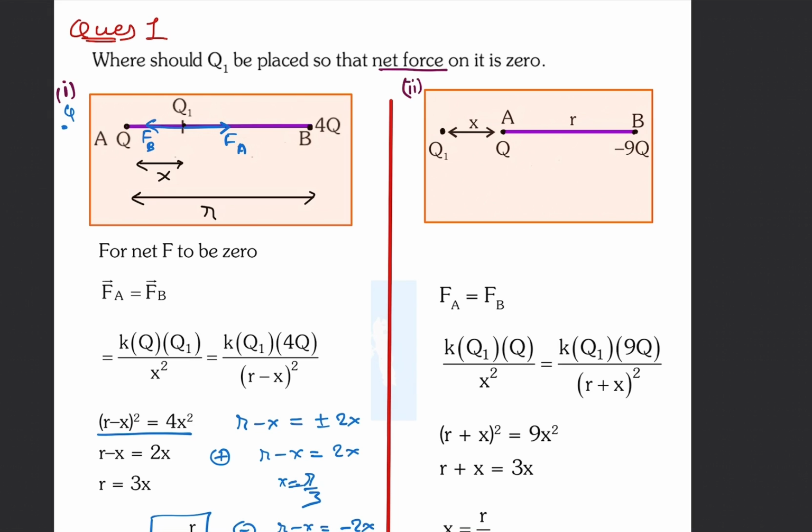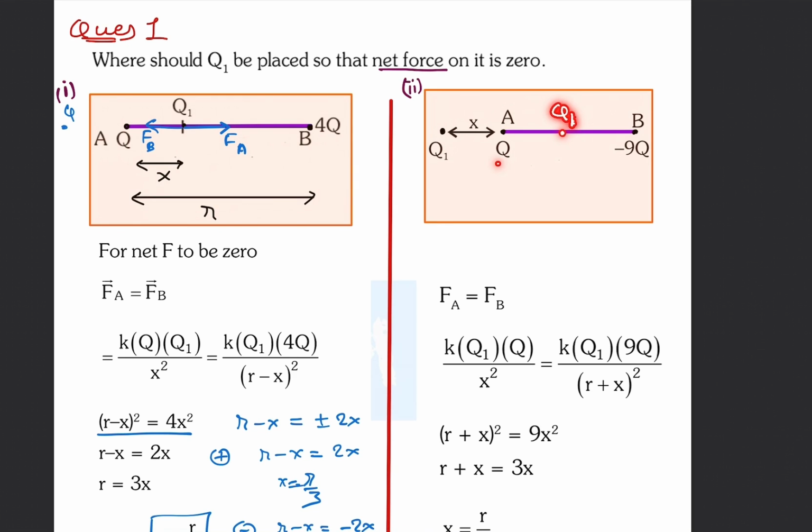So here it is a very simple question. Suppose we have placed a charge q1 at distance x on the left. So firstly, why didn't we choose this position? Because if we had chosen this position for q1, then